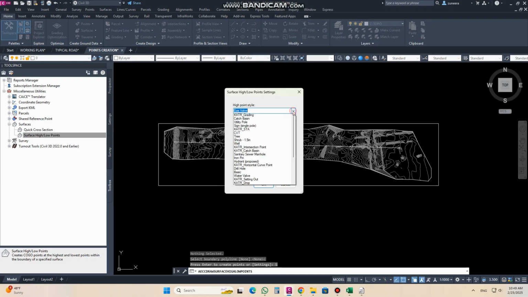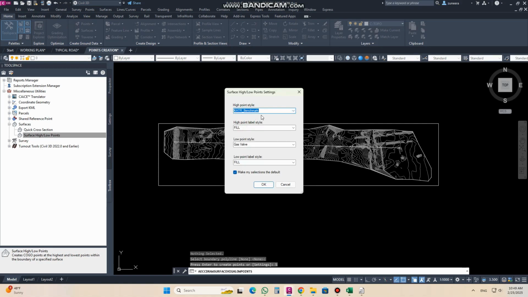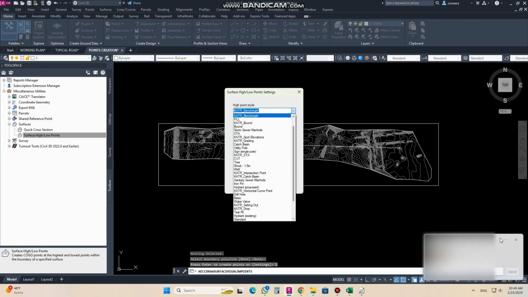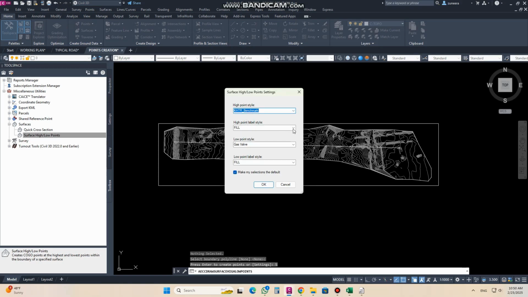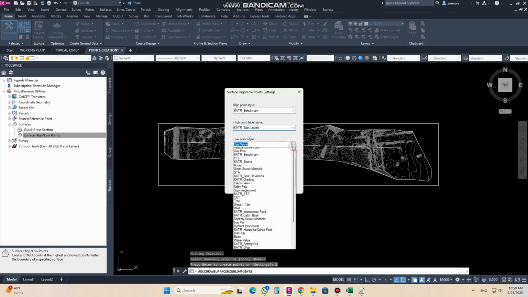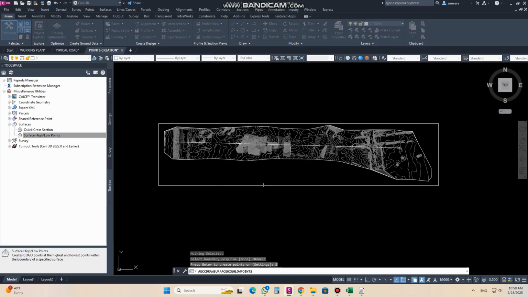In the settings you can see high point style. For my high point style, this is not the gas wall, so here you can select benchmark or anything, water wall. Let's use the water wall or benchmark, anything, and then the high point label style. Let's select spot elevation, and the same for the low point label, spot elevation. You can select the other one. For the low point, let's select the other one, and then make my selection the default. Click OK, and then